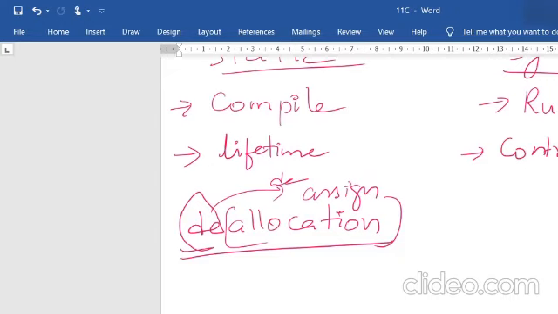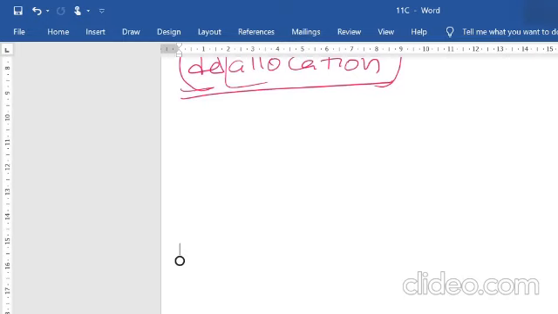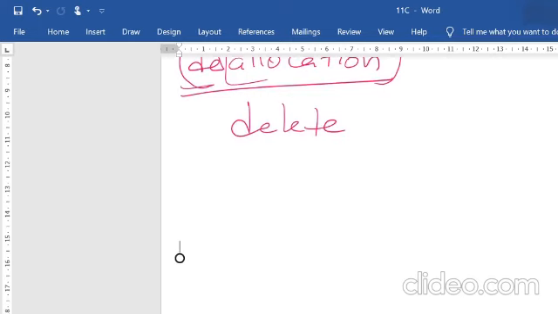That seat is not reserved from Hubli when the first person gets down in Hubli, so that it can be given to another person, right? In the same way, you have to deallocate. Once the work is completed in the memory space, then you have to remove that space so that it can be given to another person. This is what you mean by deallocation, and this is done by your delete operator to deallocate the memory.